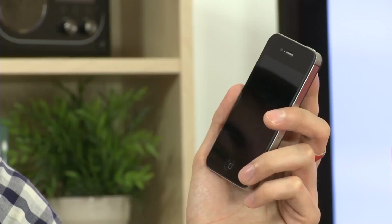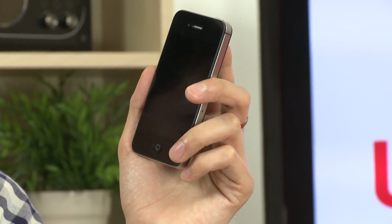Possibly the biggest headline-grabbing feature of the iPhone 4S is the voice-controlled personal assistant Siri. We weren't entirely convinced when we tried it out. It had a little bit of trouble understanding what we said. It couldn't answer some of the questions. I mean, for example, when we asked,